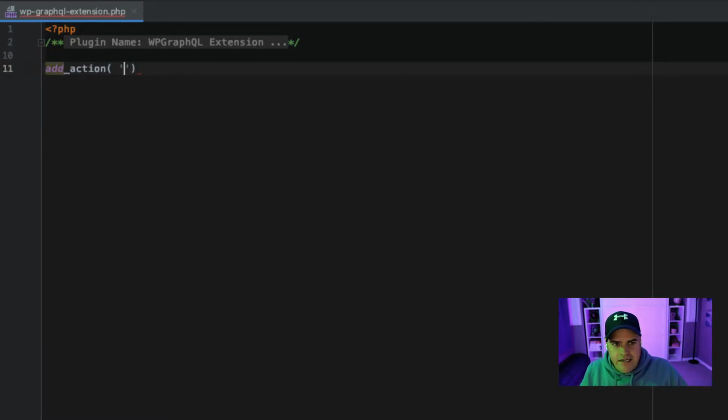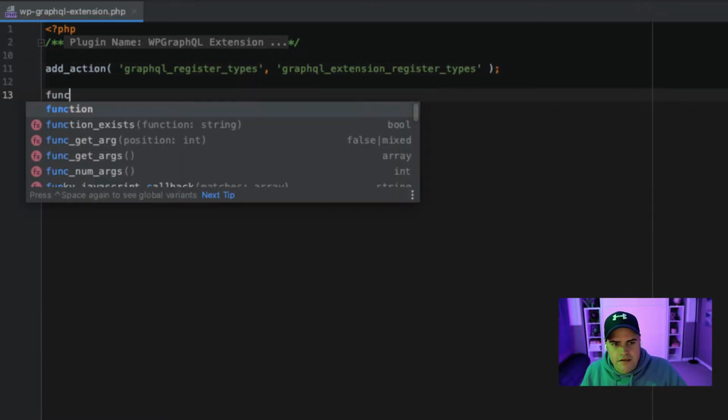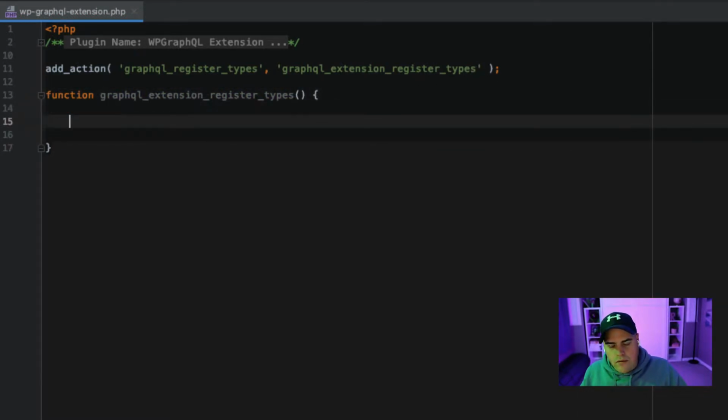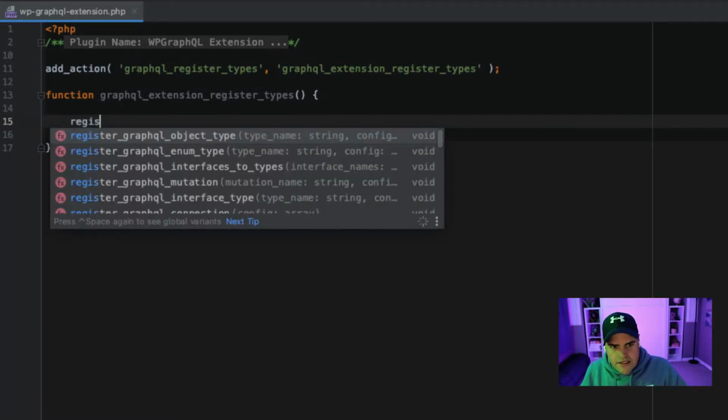So we're going to say add action GraphQL register types, and we'll give this a name like GraphQL extension register types. Okay, so we need to now create this function. So we're going to say function GraphQL extension register types, and now we can call this function register